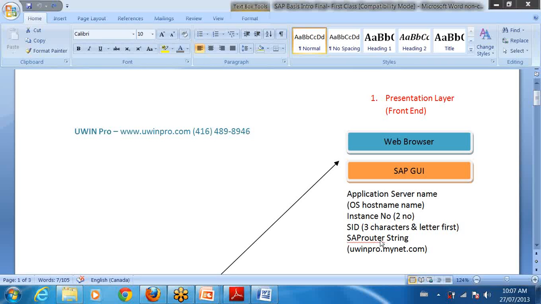So you will actually be connecting to our location, and in our location we have a SAP router. Through the SAP router you will be directed to different application servers or different SIDs. We may have 10 servers. So first your information will go to the router. The router says, okay, you are looking for this one, go here, and sends you there. It is like going to the bank: you go to the reception, the information counter, you want to meet one mortgage broker, you give the name, and she will route you. Same way, you first go there, then you will be routed there. It's like a small router. Some security, but not